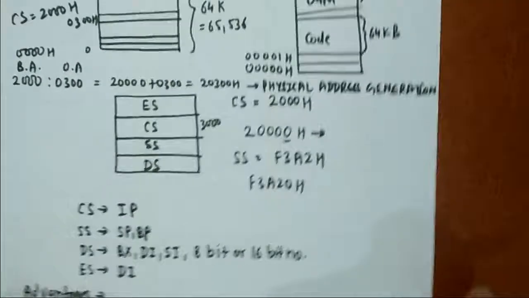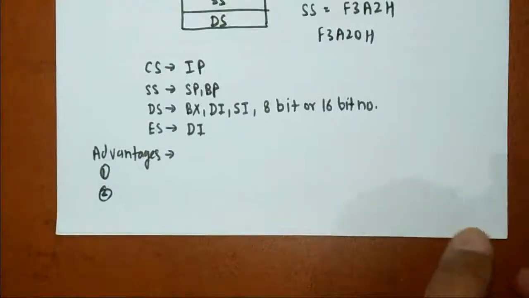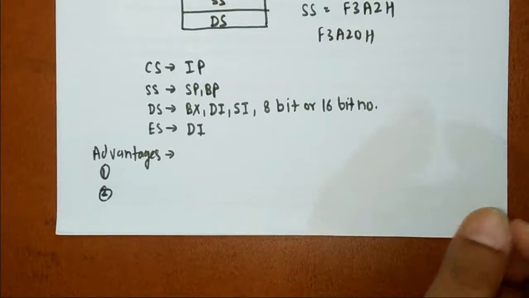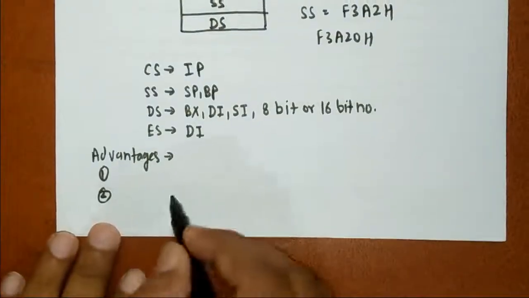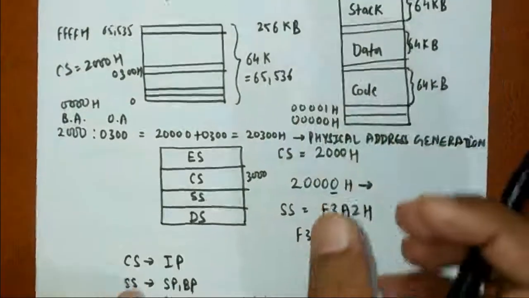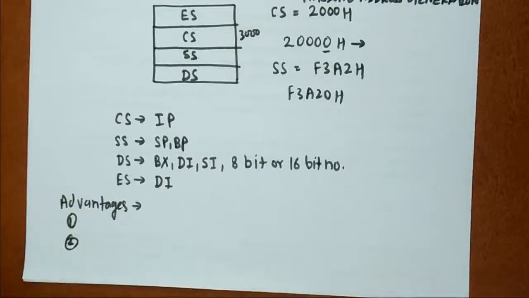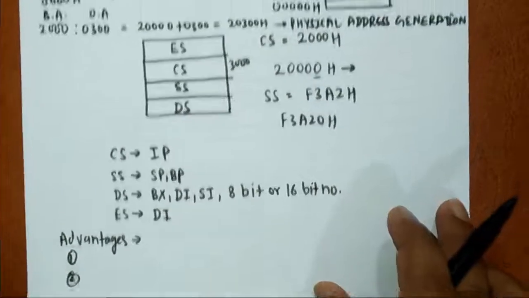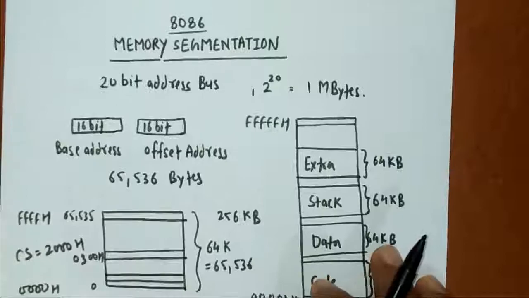So basically we can easily relocate the whole code present at one address to another address, and by this we can enable a multi-user system in the 8086 microprocessor. So the second point is that by relocating the entire code or data at a new place, we can enable a multi-user system in the 8086 microprocessor system. So that was the detailed discussion about 8086 memory segmentation.